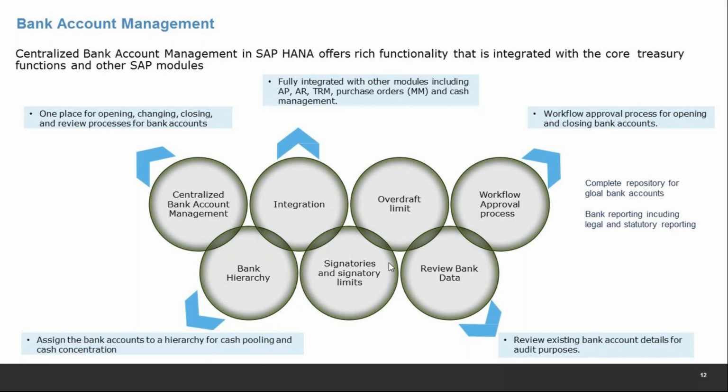What are the things you can do? You can maintain signatories there. There is a review process done for bank accounts. If I am creating a bank account, no one can just create a bank account, and there can be mistakes there. So SAP comes up with the standard workflow. Standard workflow means if I create a bank account, some other person in my team should approve it. It's optional, but everyone implements it because bank account is very sensitive data. One person creates a bank account, another approves it, and only then can it be used.